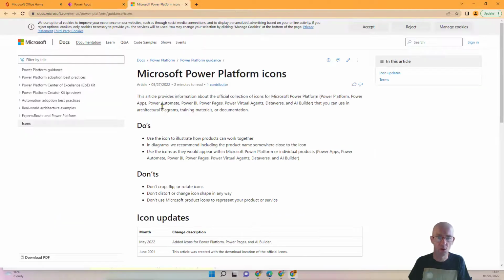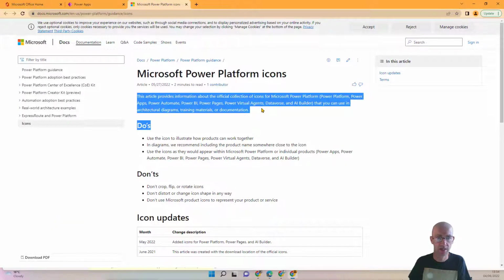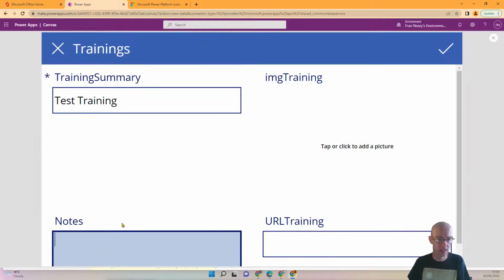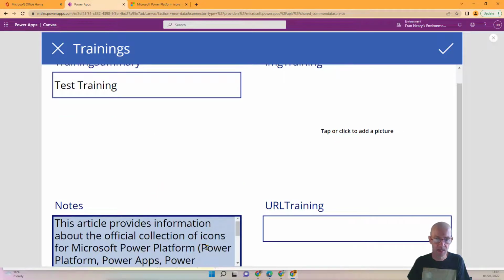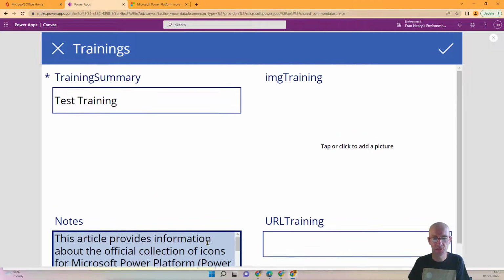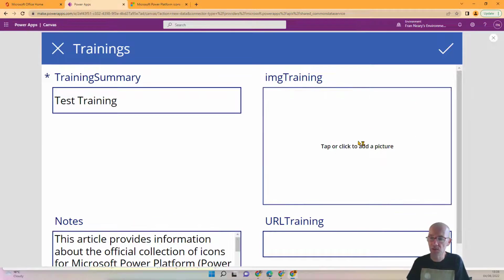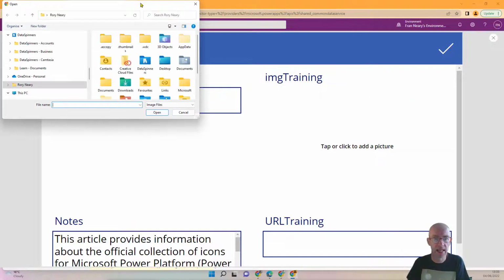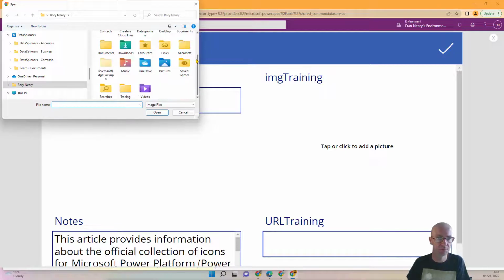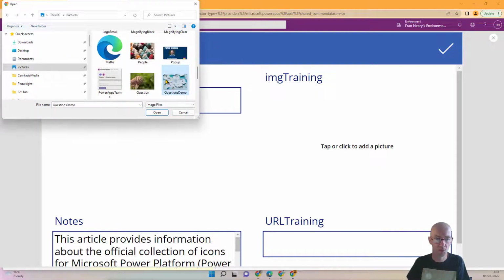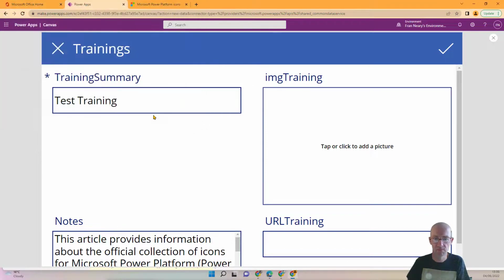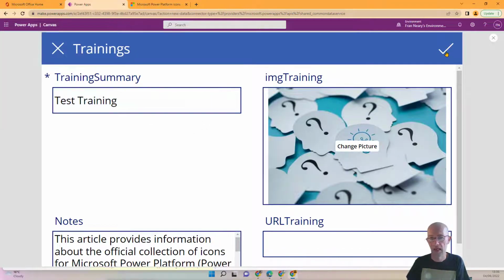And I'm just going to copy and paste some notes here. Pop that in there. So notice it's not very easy to read through at the moment. There's plenty that you could do there. And I'm also going to add an image. I'll just add any image from here. So I'm just going to pop an image in there, select open,